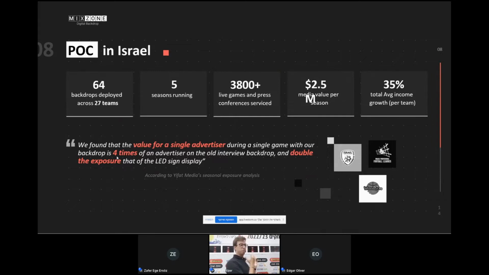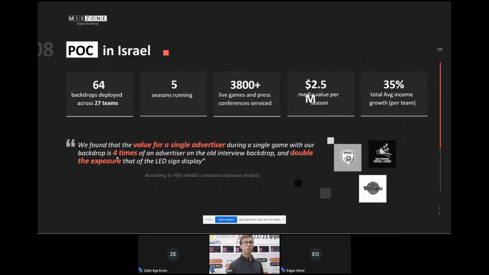Bigger teams use this backdrop for the current sponsors. They don't go and bring new sponsors, but they do increase their revenues by selling it at a better price. And small clubs, the ones who struggle, need the community with them, so they use it for their community. They can sell slots for all types of businesses and for micro sponsoring as well. Imagine that if you are a small club that can bring a sponsor for a week, a sponsor for a month, you will not need to reprint the backdrop every time. You just give them a better ad space on the digital part.